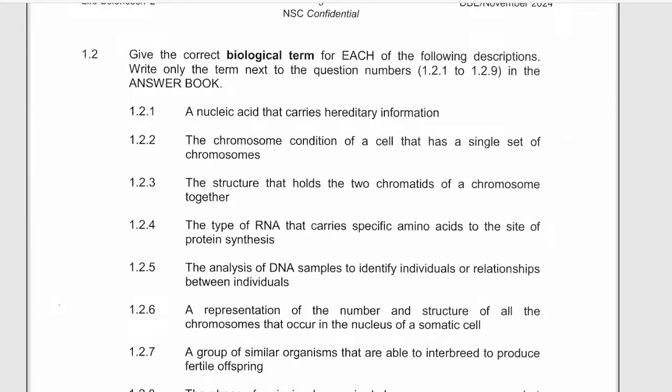Biological terms. When we got the biological term, the nucleic acid carrying hereditary information, we talked about it. It is DNA. DNA, we said yesterday, the functions of DNA, we said that it carries genetic information. Yes. So now they brought the question, and then,